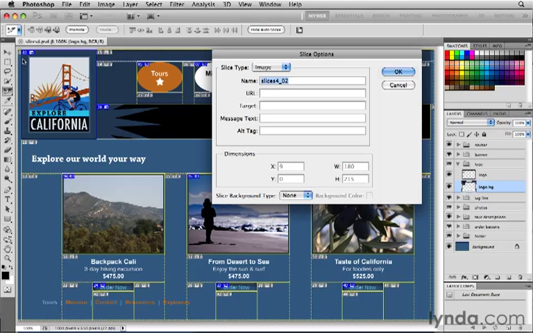slices402.gif. If I bring that GIF with that name into a site building program like Dreamweaver, the name won't tell me anything about the content of the file. So I want to change the name here to something more meaningful. I'll call this logo. And now the name of the image generated from this slice will be logo.gif, which is